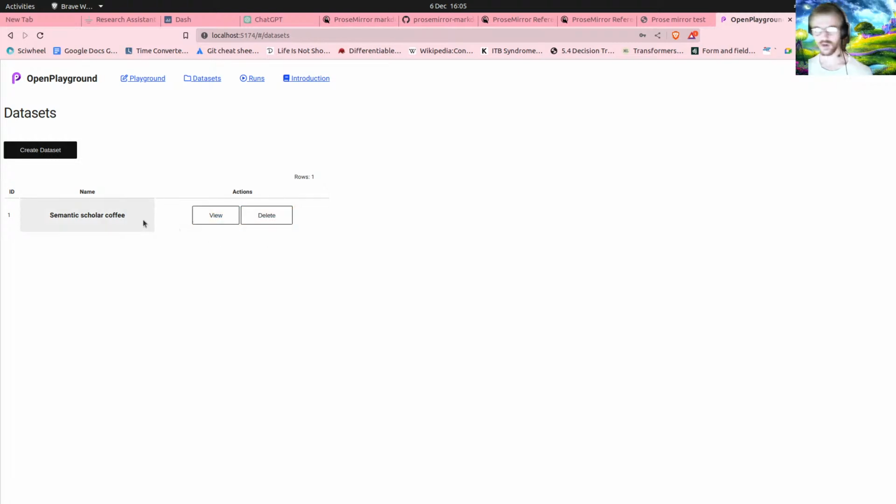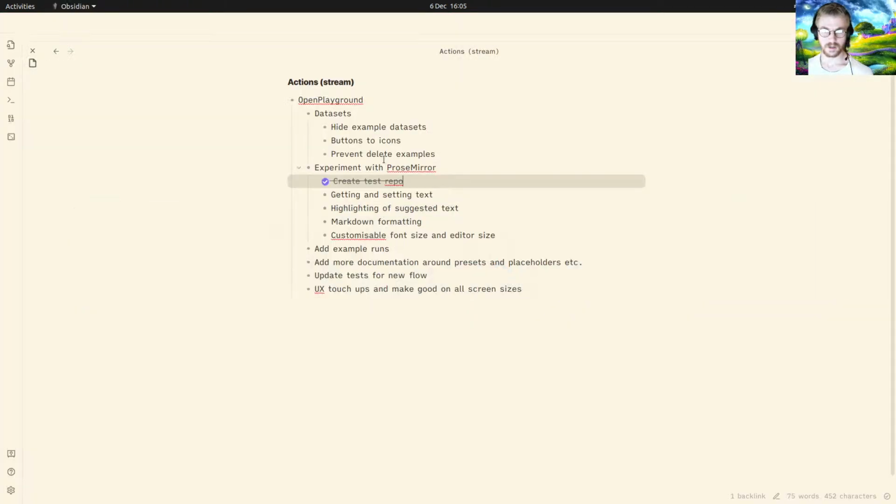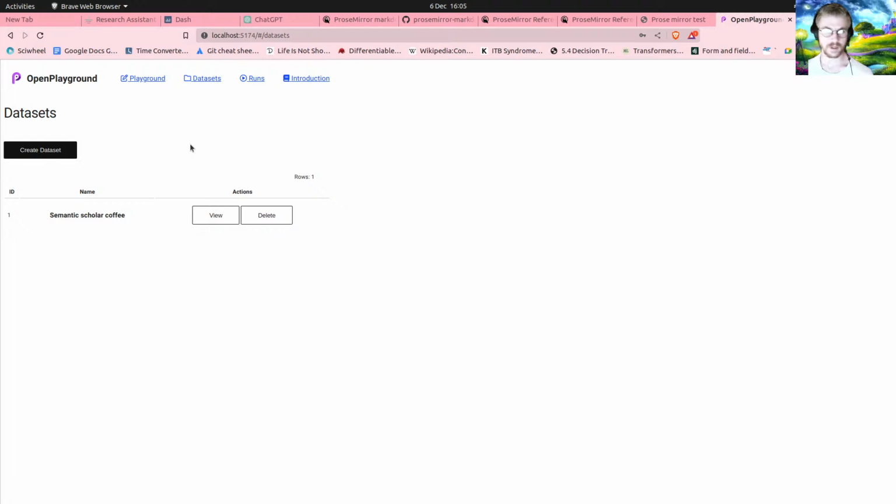Going to have a few more little cases to deal with, such as preventing deleting of example datasets, and there might be some other things too. So I'm just going to dive into that task, and after that maybe move on to some more exciting elements, but this is mostly what it's about, just crunching through these outstanding tasks. So first thing I'm going to do is get the example presets, the hide function, into this